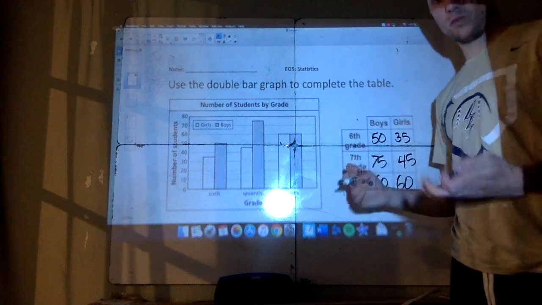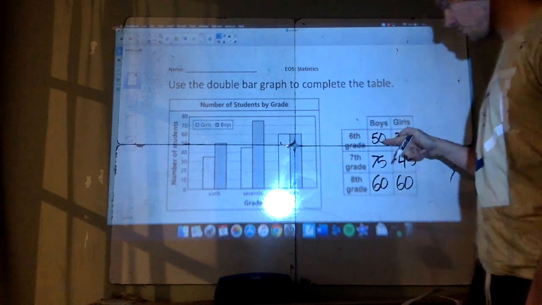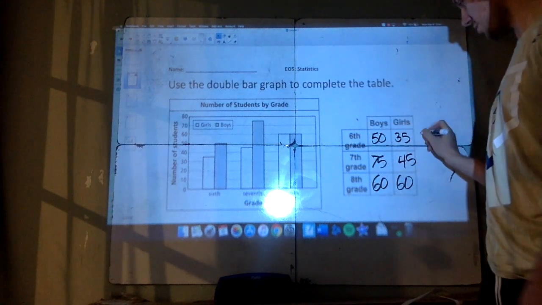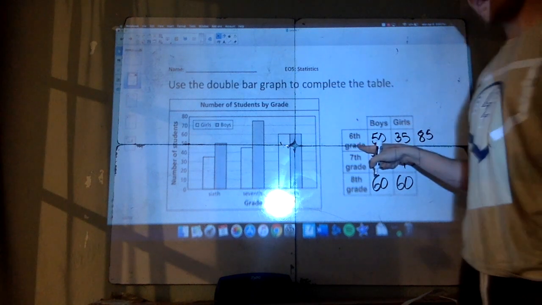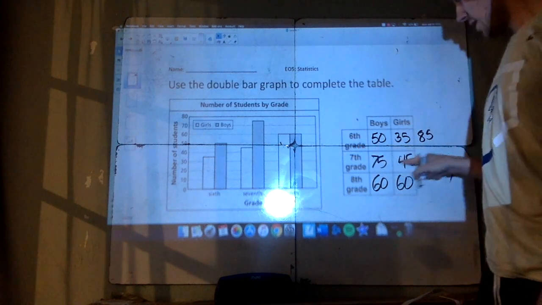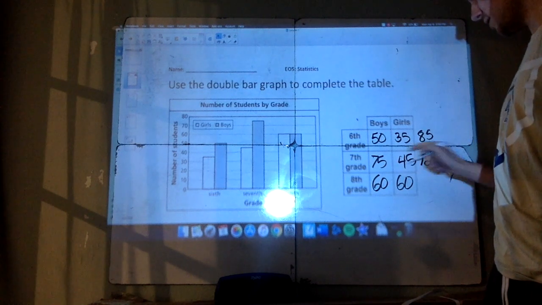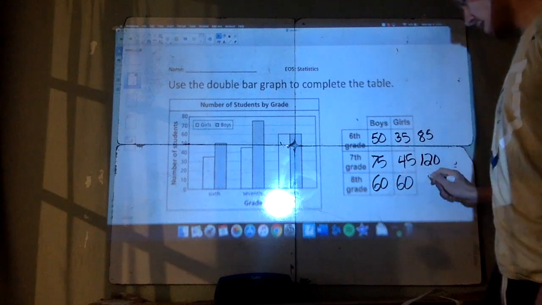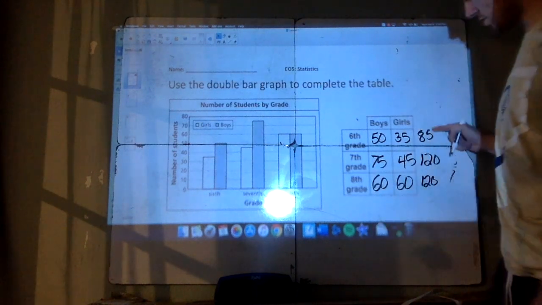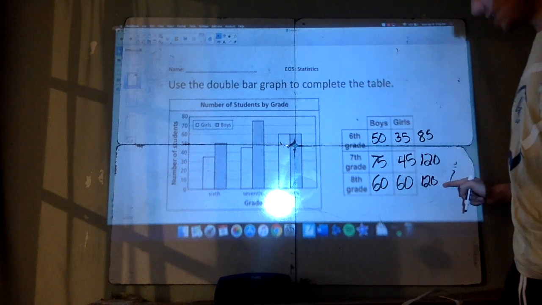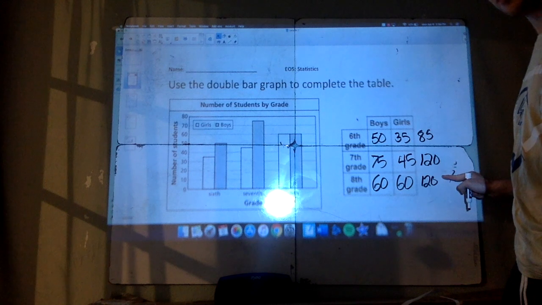So this is called a two-way table. For a two-way table, you find the sum of each row as well. So there's 85, and what that means is there's 85 6th graders total. Here we have 75 plus 45 is 120 7th graders total, and then 120 total 8th graders. So the total number of students, if we add these up, that's 205 plus 120, 305,